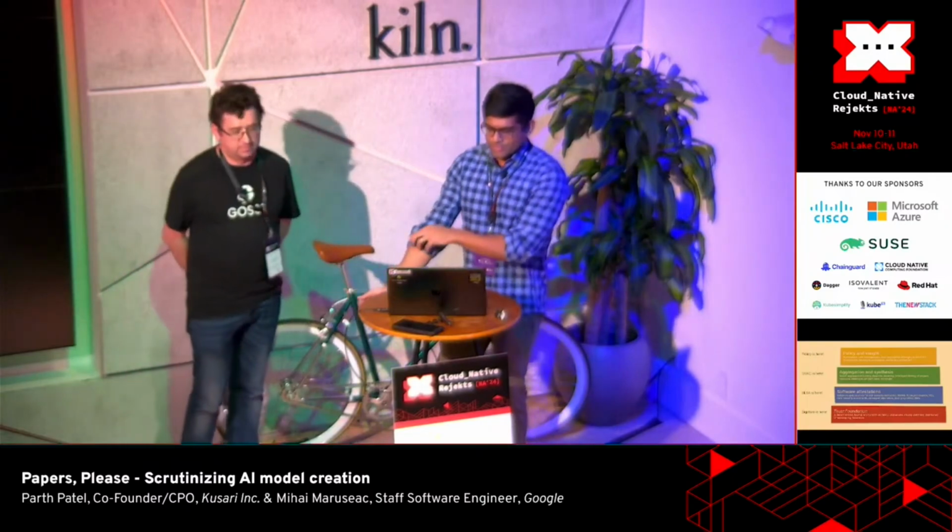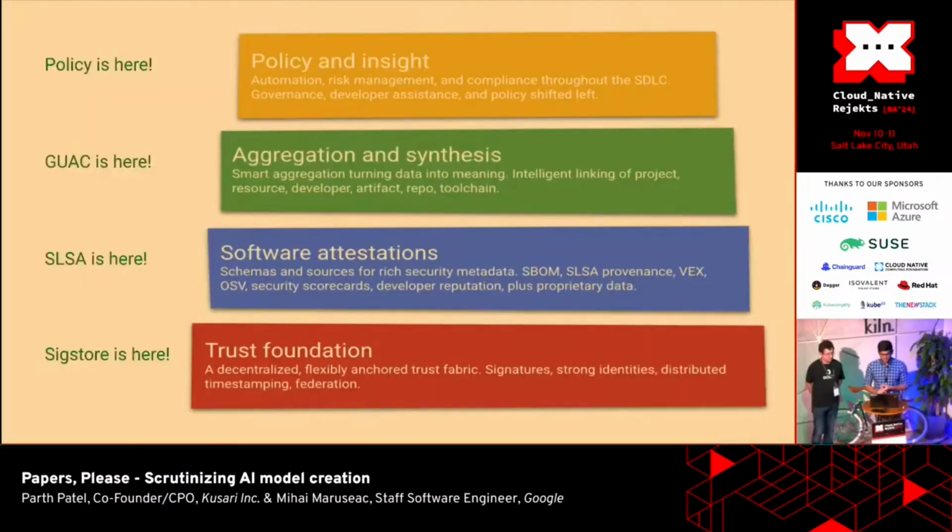All right, so just to recap here. We talked about Sigstore. At the bottom here, at the right, you can see Sigstore. That's where we're doing signatures. It's providing us with strong identities. The next level above that, which is in blue, is the software attestations. That's where SLSA lives. This is giving us the combined information about how it was actually built.